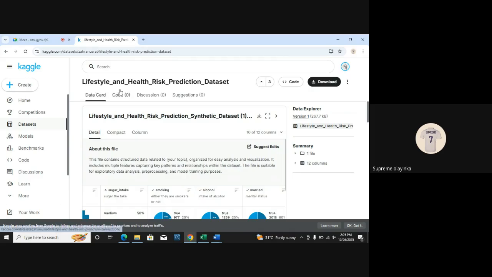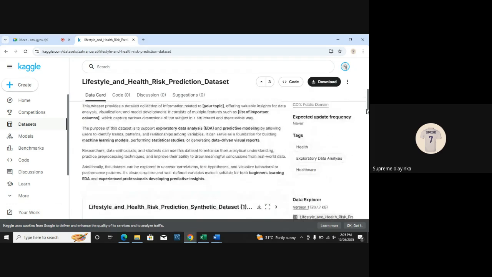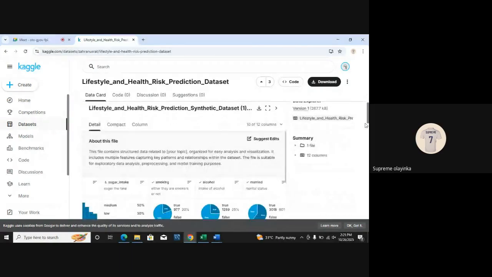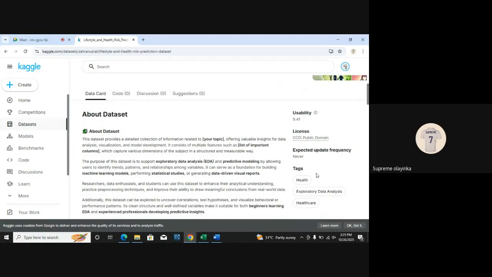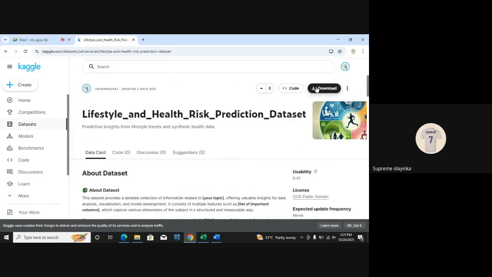So what are we trying to do? We want to know how their lifestyle affects their health, right? I think that's what we are trying to do. Okay, let's download this. I want something more advanced, but this looks too basic to me. So let's download this though.